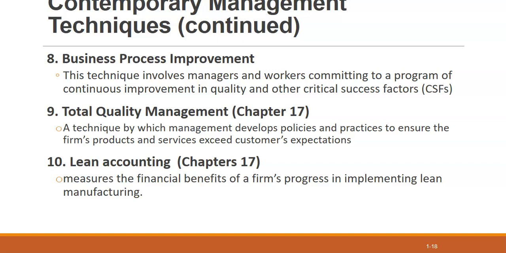Total quality management, or TQM. So this also goes back to the balanced scorecard and lean manufacturing and lean management, but it's a holistic picture that looks at how are we doing our business to exceed our customer expectations and make the profit that we want. And then lean accounting, which goes hand in hand with lean